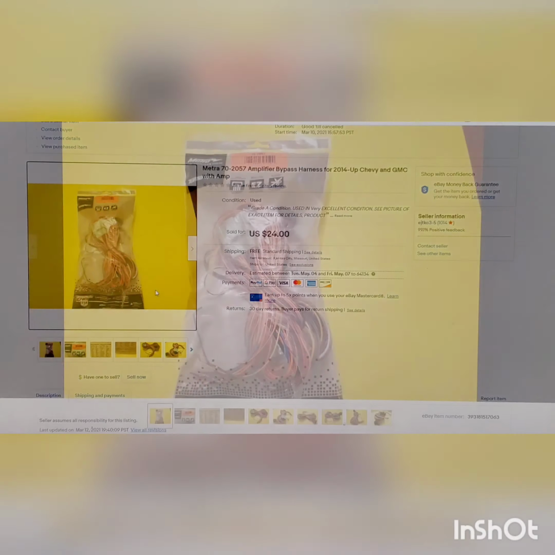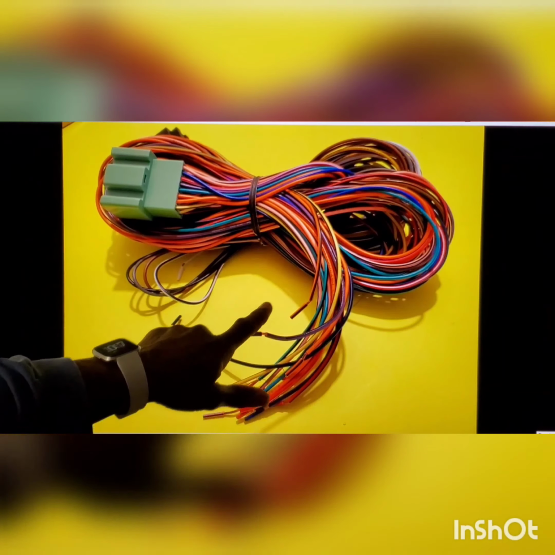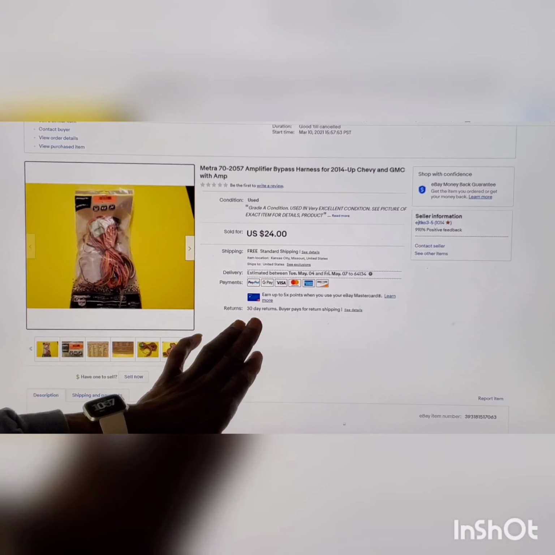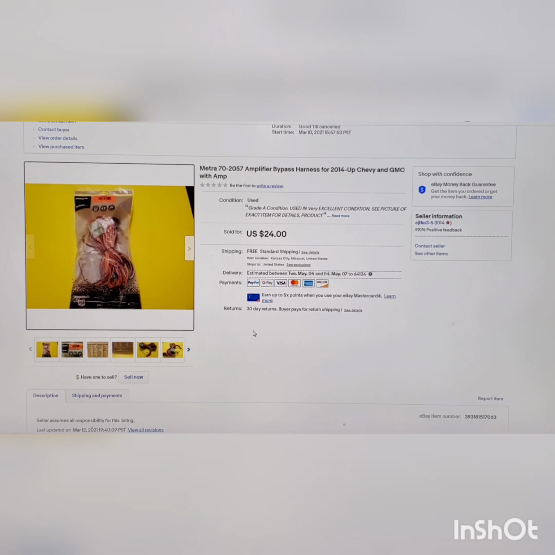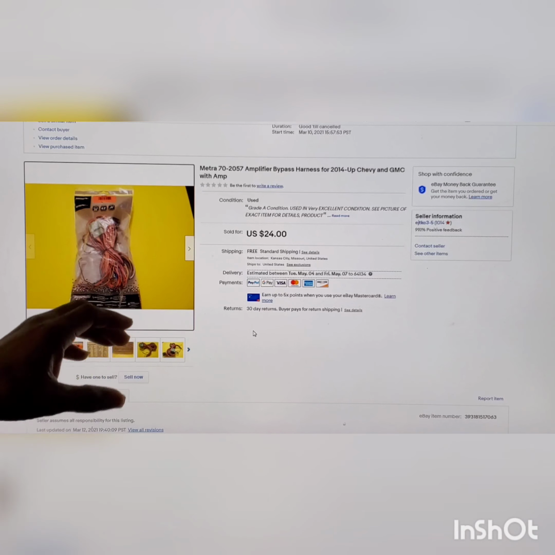When you look at the pictures of the items we shipped out to him, even though the bag was open, as you can see in certain spots, it doesn't look used at all. It looks basically like an open box item, like open box grade A, because the tips of the wires still have not been used. So for an item like this, I went ahead and put a 30-day return on it, for the simple reason that even though it looks new,